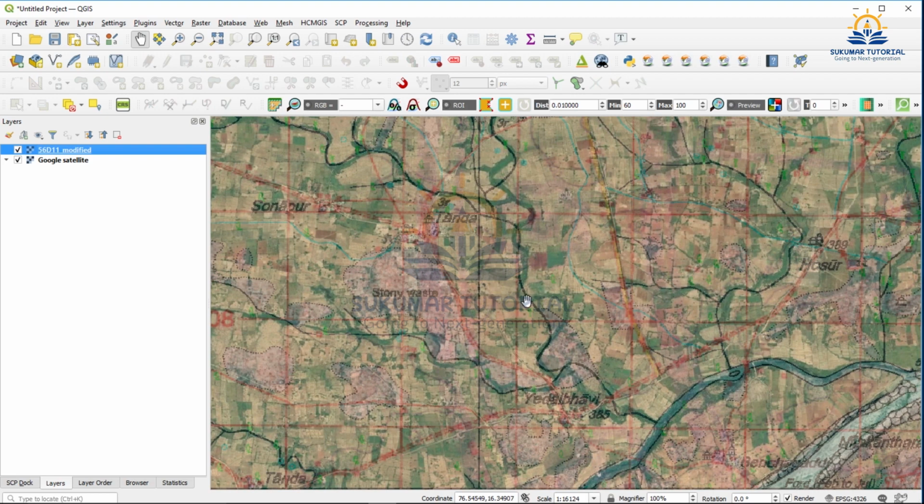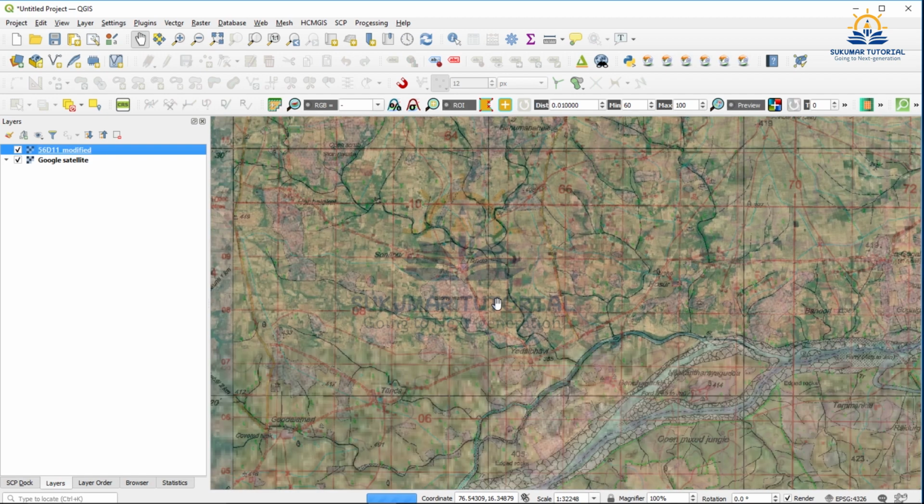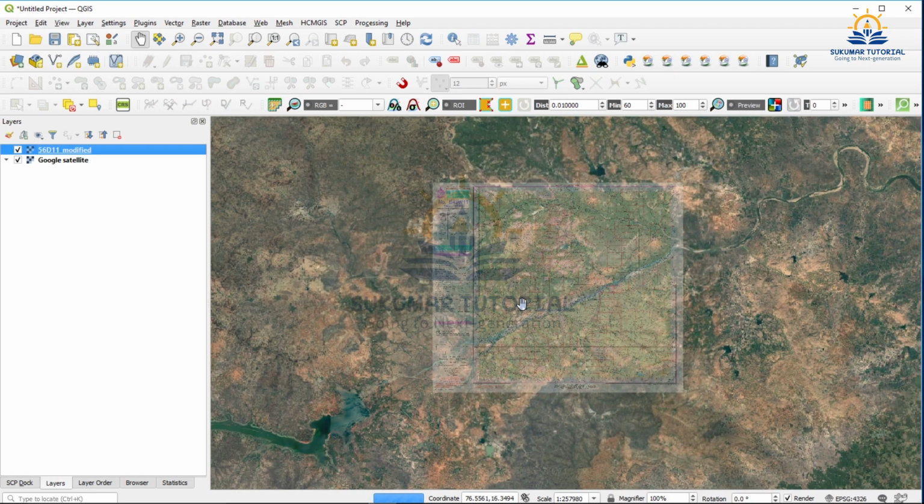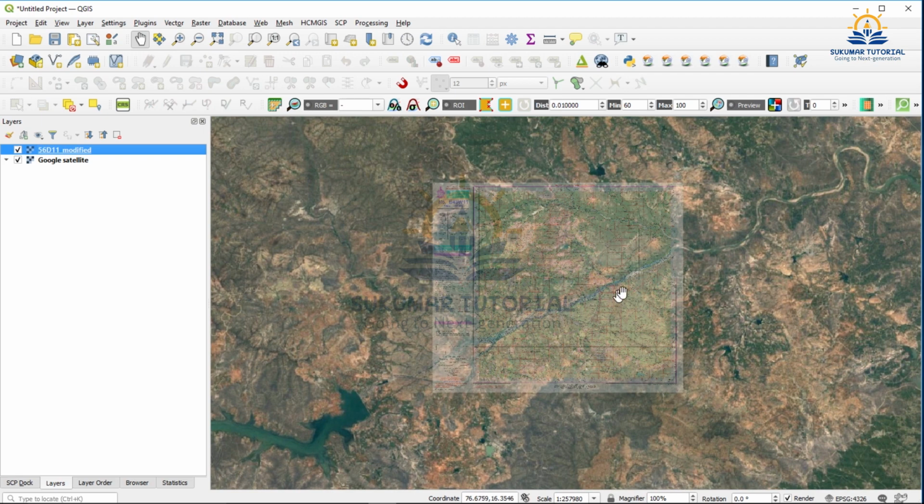It is not a registration variation, it is a change of course, because this old topo sheet was surveyed in 2005, and at present we have the 2015 Google map. So you can study the change in the river course also. Geomorphic studies we can make out of it. Changes you can study using the topo sheet as well as Google maps.